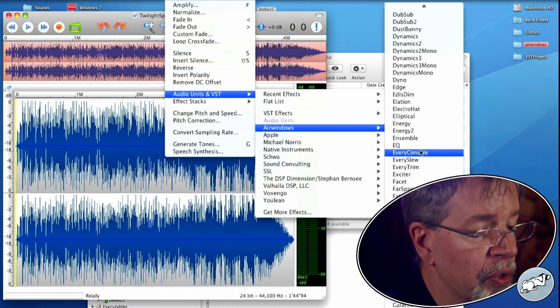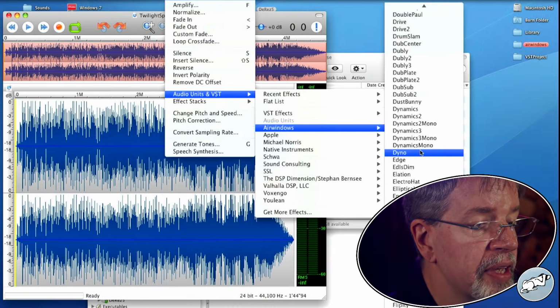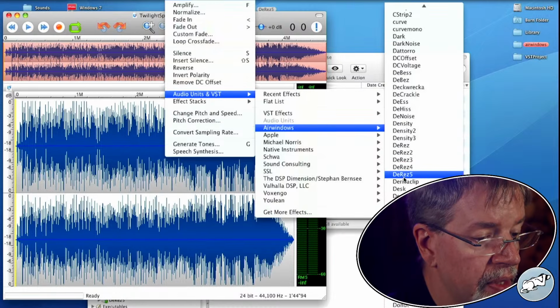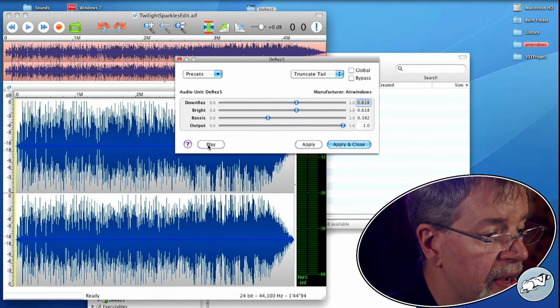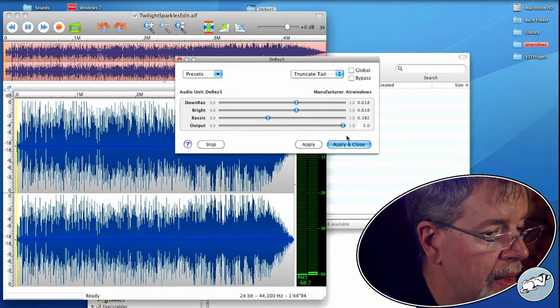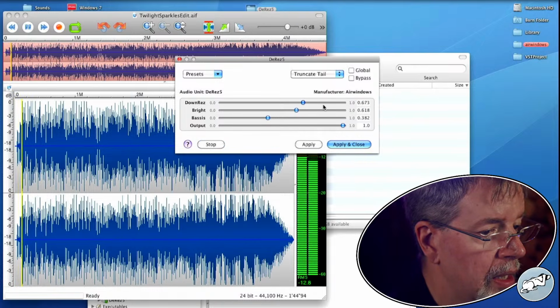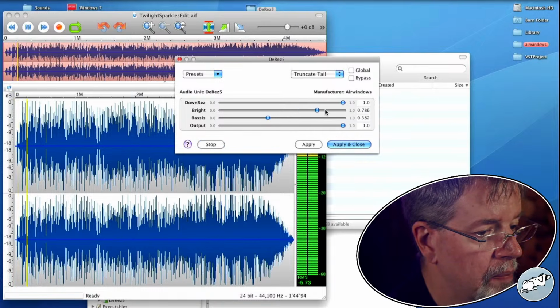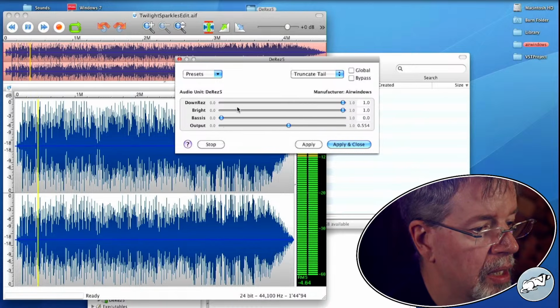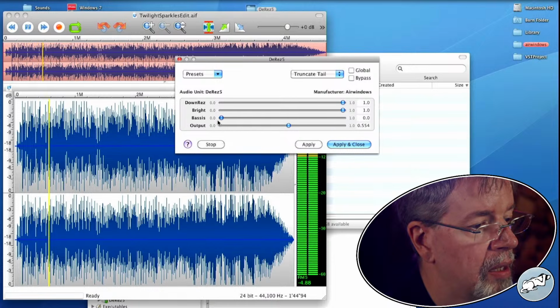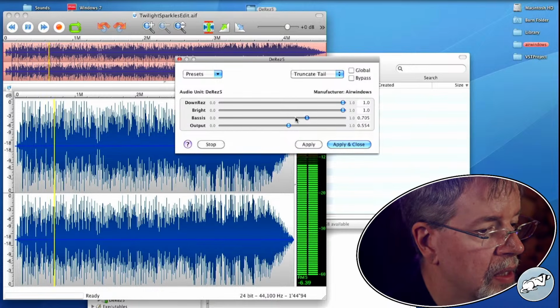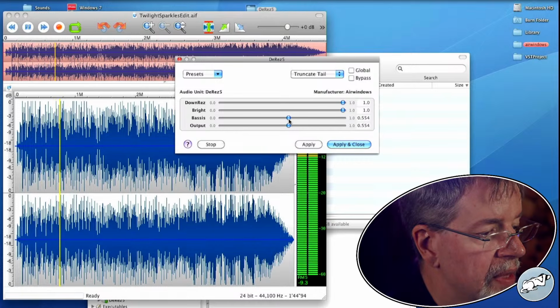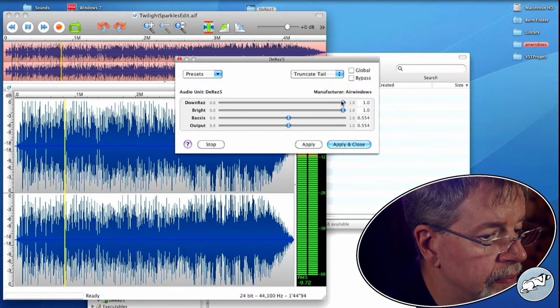Let's see, what were we looking for? We were looking for DRes, so that's going to be under D. And we're going to see whether DRes 5 works. Bezier filter here.